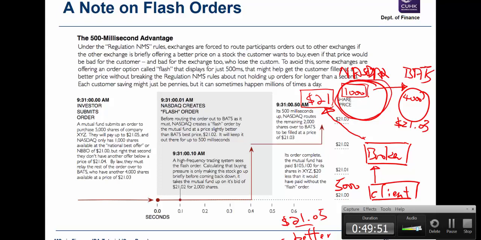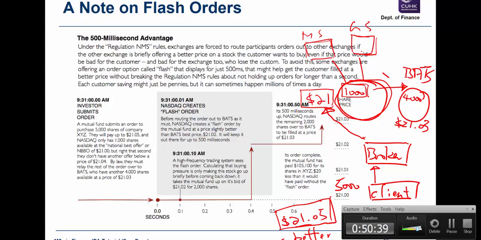Now, what do I mean by within this exchange? In NASDAQ, they are connected to, let's say, Morgan Stanley and Goldman Sachs and who knows what else. So they're going to flash this order for the 4,000 shares. They will tell these guys, by the way, there is somebody interested to buy an extra 4,000 shares at 21.05 or better. Is there any interest? For someone like Morgan Stanley or Goldman Sachs, they actually have to pay to see that information. So it's not for everybody. They have to pay for it,